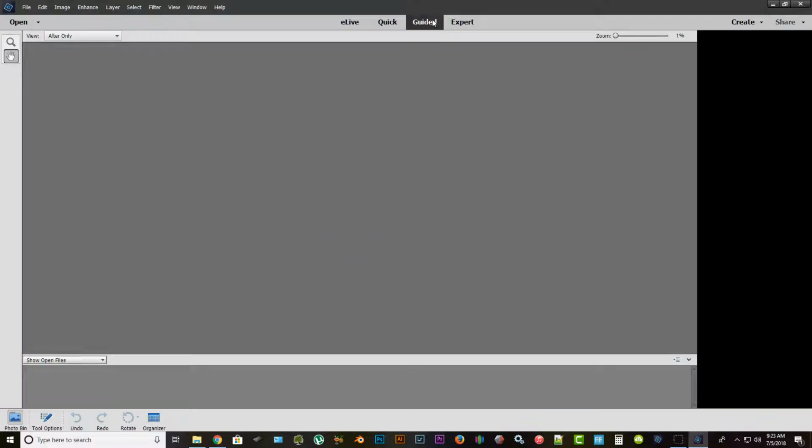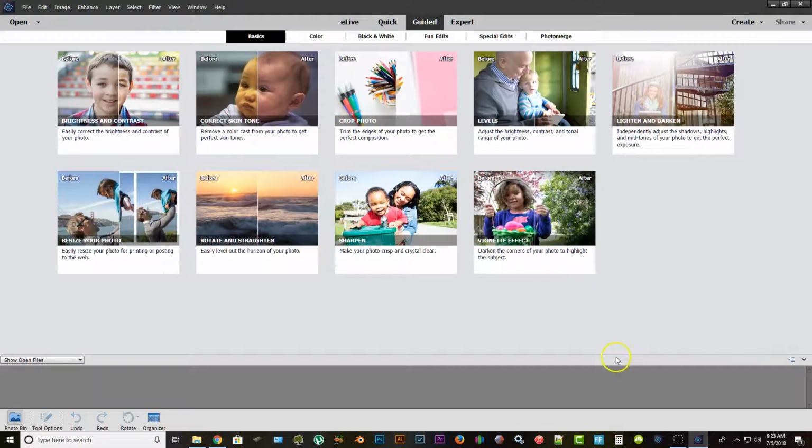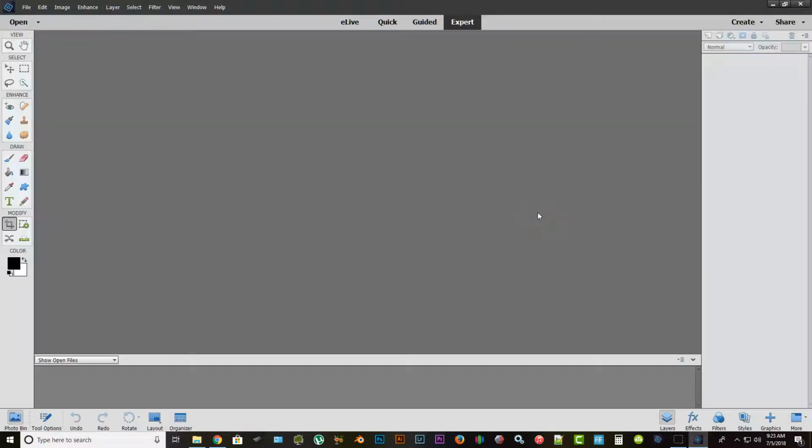There's a guided version that, depending on what you want to do, will actually walk you through a particular task. And then there's the expert mode. And for this course, we're going to reside in the expert mode. And once we select the expert mode, the next time that we load Photoshop Elements, it should automatically come to